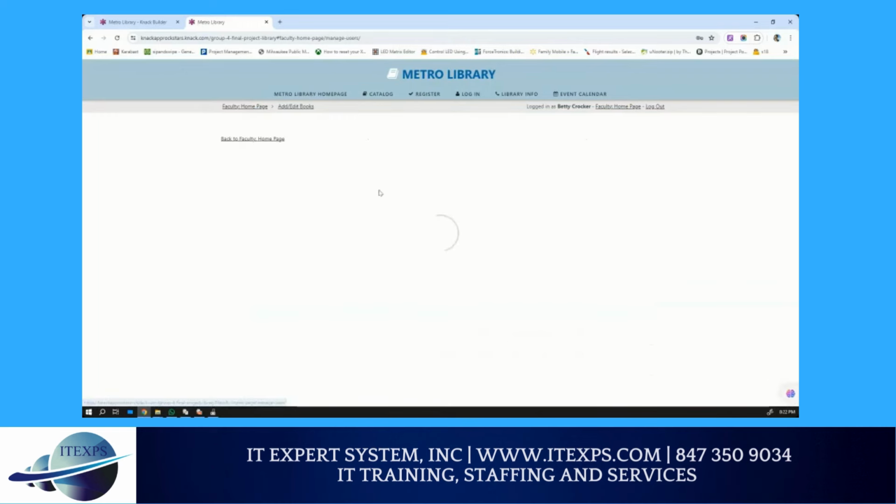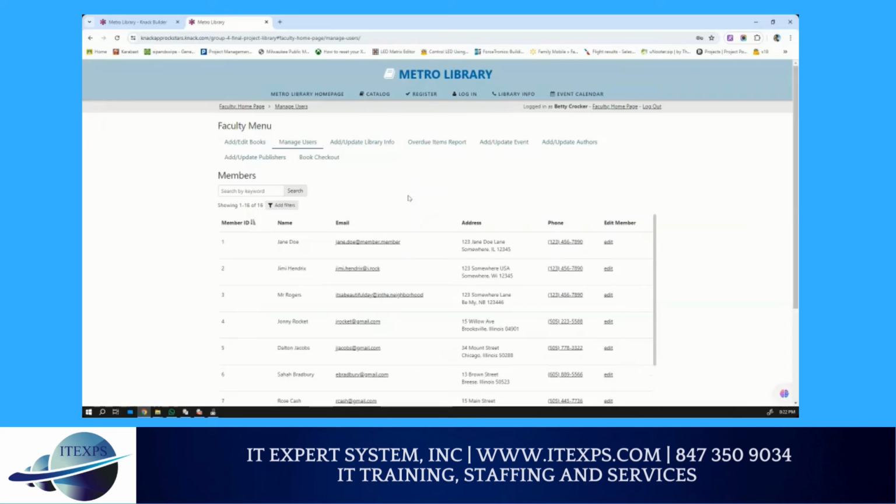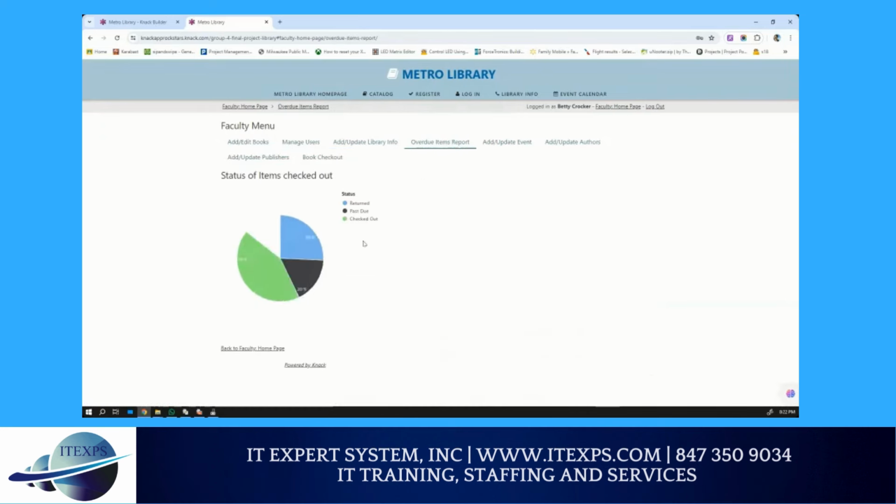Managing users: people forget their number, people forget their information. We want to make sure that they have the opportunity to manage those users, look them up, and find the information that's needed. And then one of the features we really like in this system is the ability for the librarian to see which items are past due, returned, or checked out.